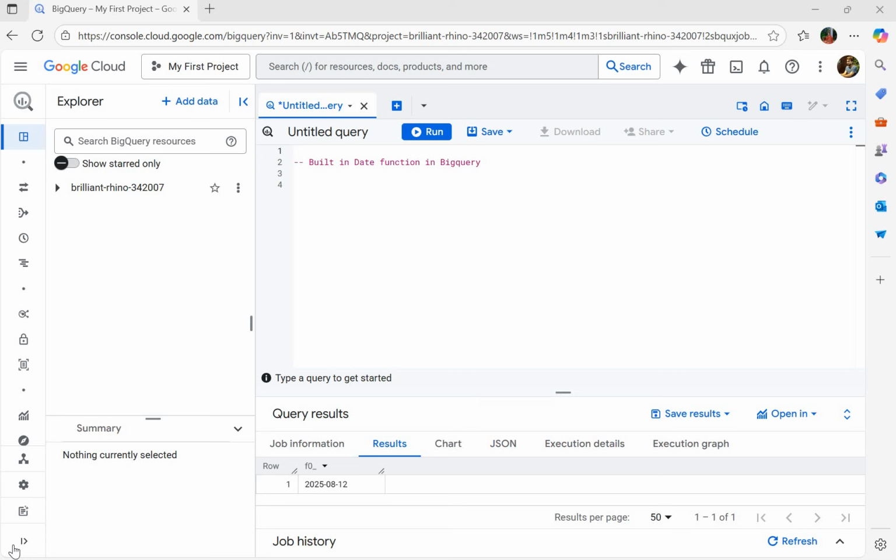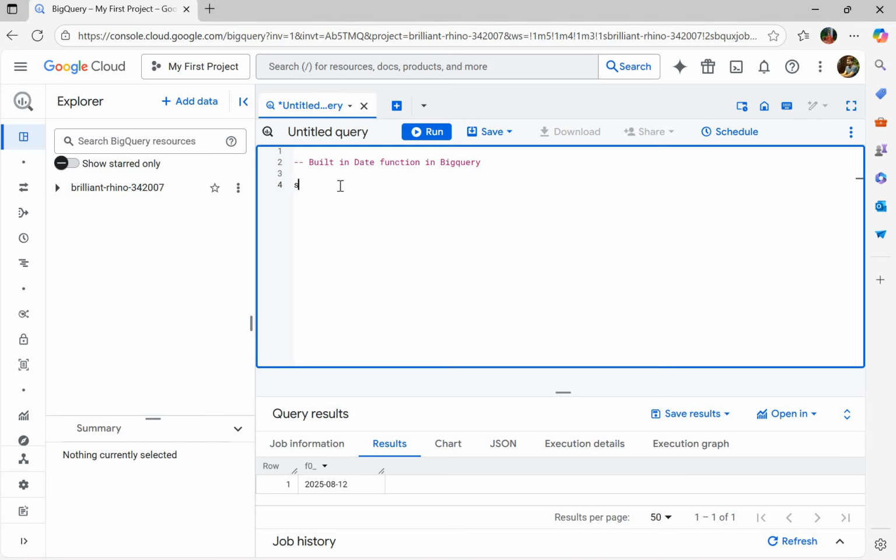In today's video, we are diving into date functions in BigQuery: how to work with dates, extract values, do calculations, and format them like a pro. Whether you are preparing for an interview, building reports, or cleaning data, this is for you. So let's get started. The first function which we are going to see is CURRENT_DATE, which will give